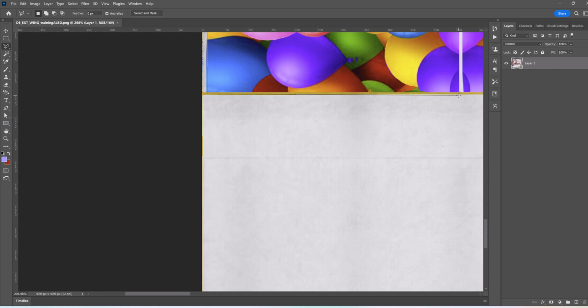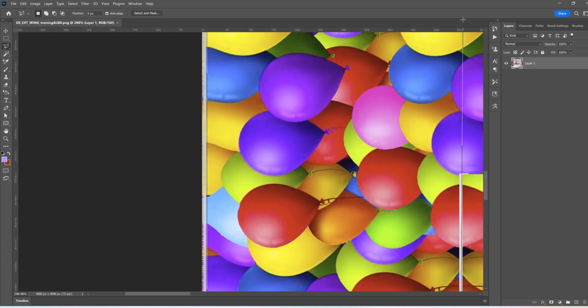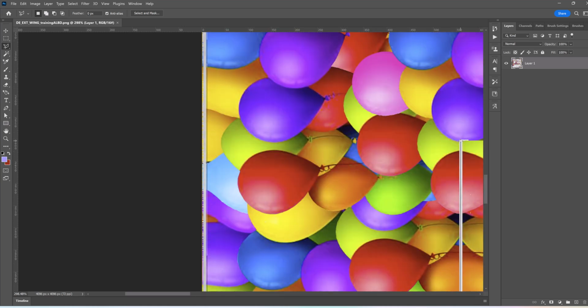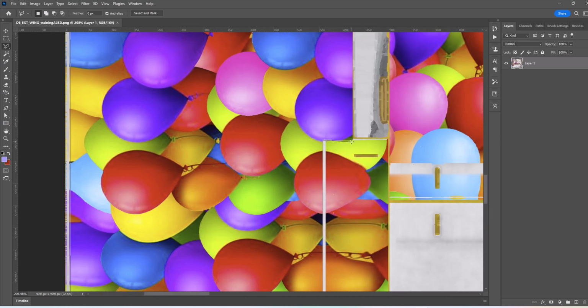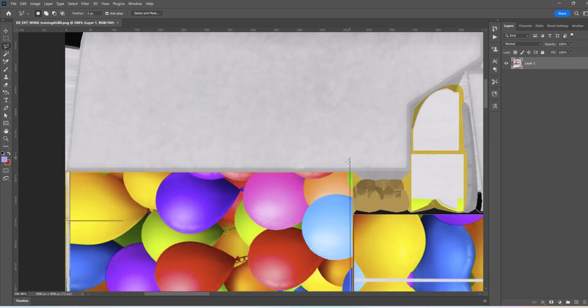I'm going to go all the way to the back, because what I'm going to do is going to distort this a bit. I missed it. So I'm going to make sure that I get my slight distortion on the whole wing and not just part